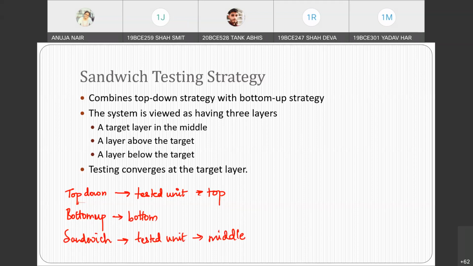So remember this. Layer above the target, that means if this is your middle layer, what is above would be your driver and what is below would be your stub. So you basically require both over here. You require a driver and you also require a stub.